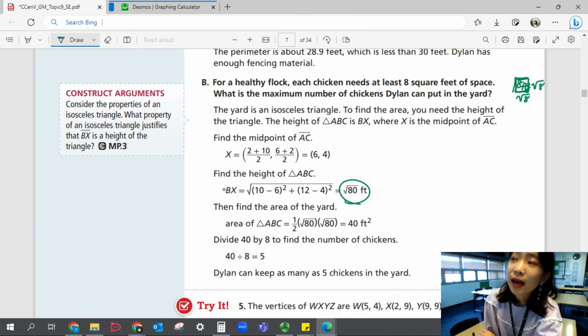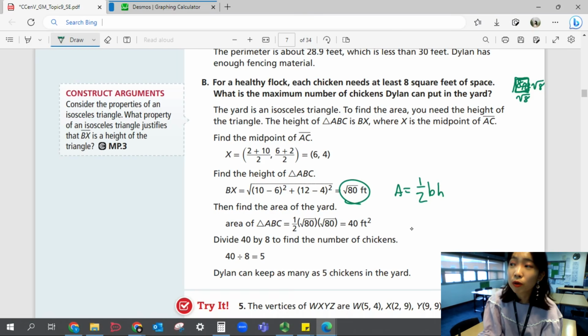So AC is going to be square root 80, and BX is square root 80, they're the same, right? The height and the base are congruent. So you just multiply base times height divided by 2, and that's the area of the triangle. Base and height are the same. Square root 80 times square root 80 is 80. Divided by 2 is 40 square feet. So that is the area of the triangle